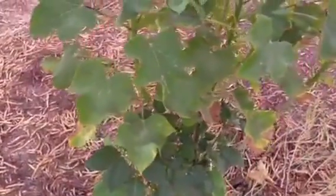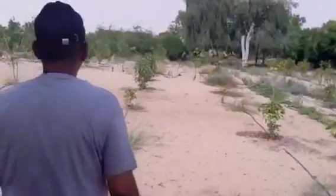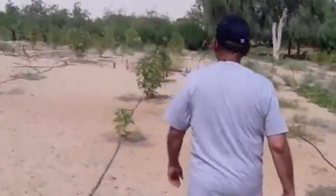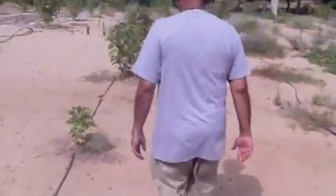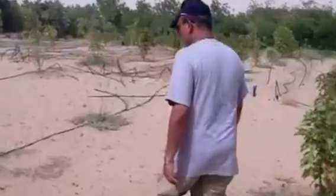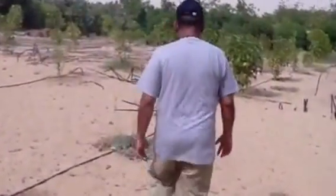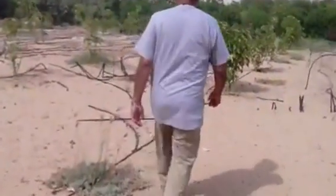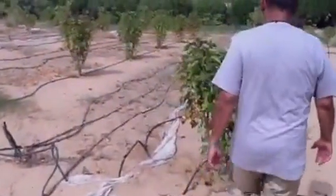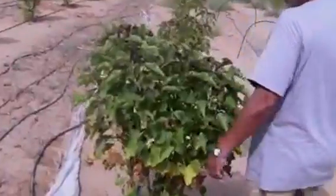So I have to regulate the planting time so that I plant the seeds now, and the fruit should come out in February or March, because summer is too hot here in the Middle East, in the desert. So with this heat, I have to regulate the planting time of my saplings. So I'm going to start a new plantation in June and get the seeds and the fruit out in March or April. Look at this lush